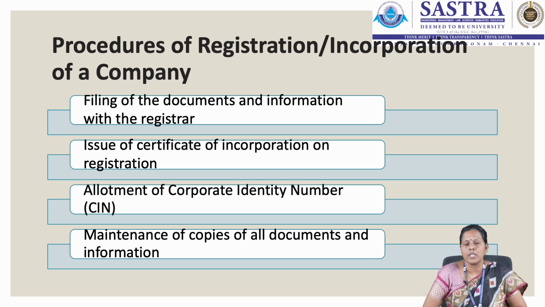The company should prepare the memorandum of association and the articles of association, and it should be duly signed by all the subscribers to the memorandum of association, as well as by the directors whose names have been mentioned